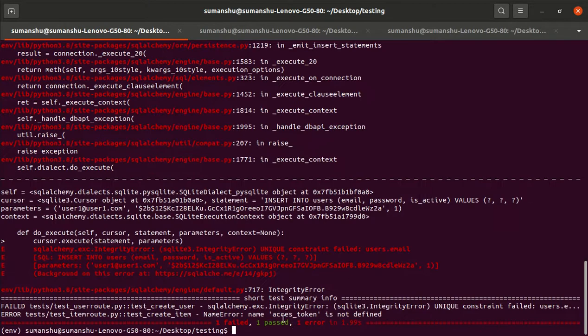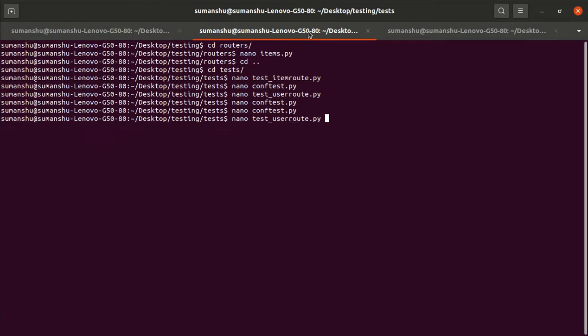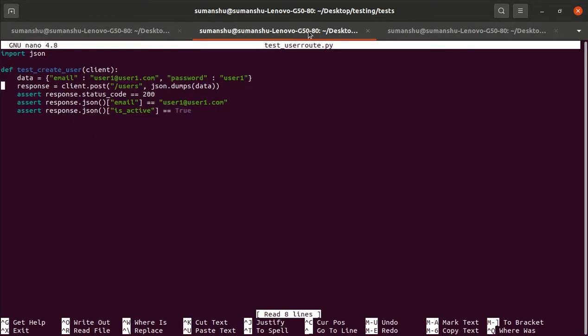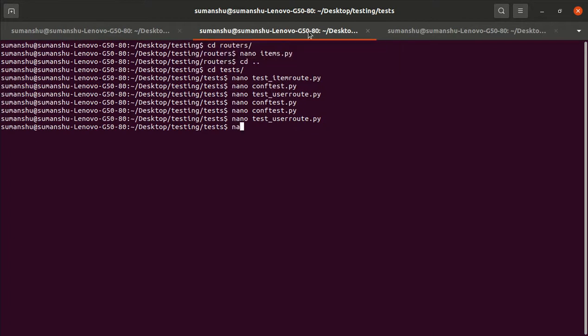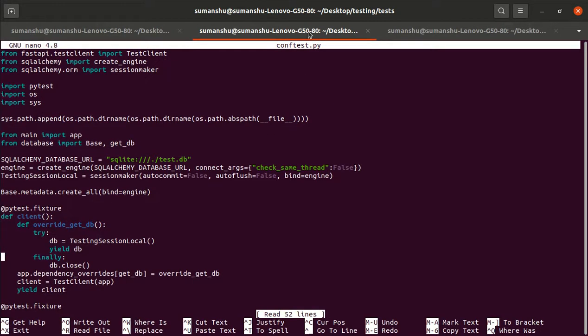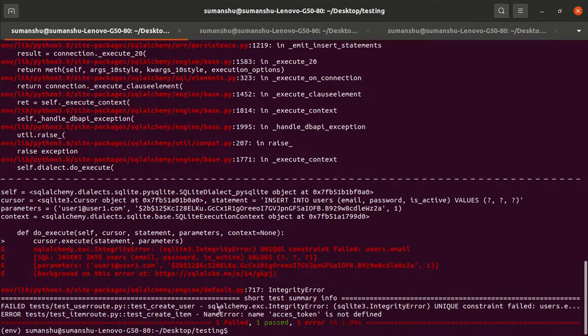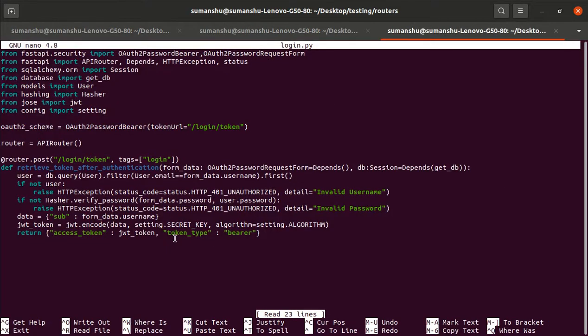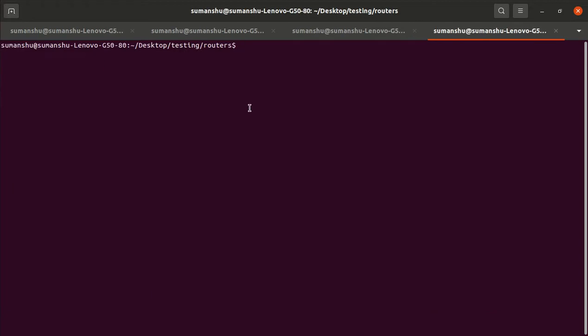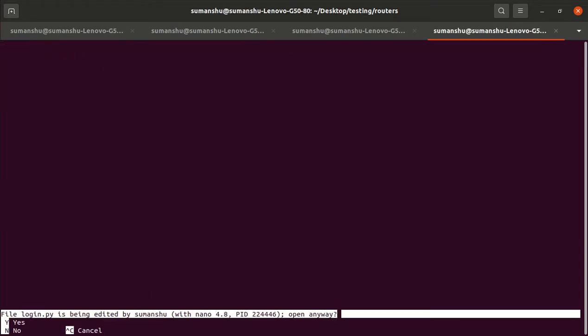Again it will fail. Access. Okay, now the spelling is wrong. Again create user failed. One minute. Nano conftest.py file. So what is the spelling? Spelling is correct only. ACCESS. Oh, did I use something else? Nano login.py file.